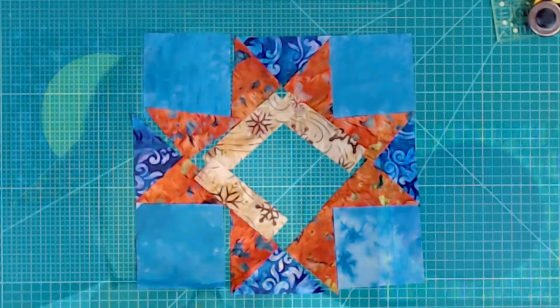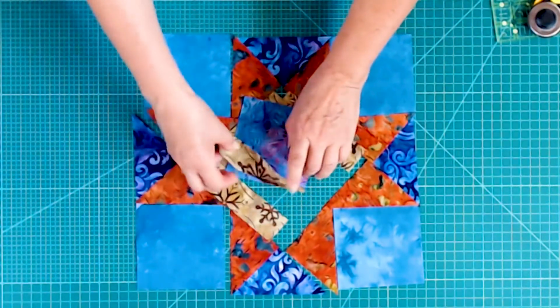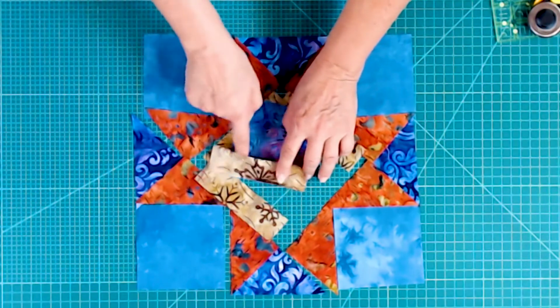Okay, that being said, let's start putting this together. Now in order to do your center block, you need to do partial seams. If you've never done a partial seam before, let me go do one and I will show you what I mean. Okay, so here's my partial seam, and what I've done is I've just sewn halfway into my square, and